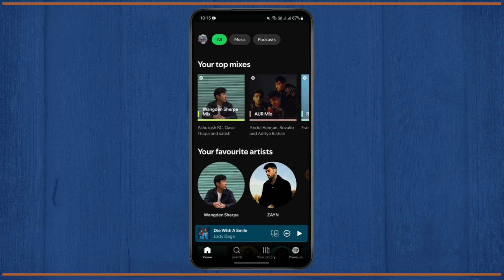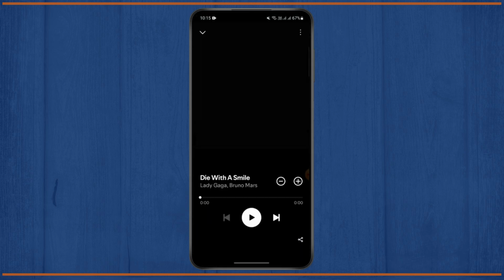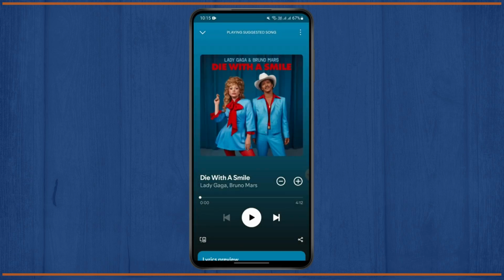So in order to change the speed of a song in Spotify, you may just click on one of the music. Let's say I'm gonna play this music. So here you can see we don't really have the option of changing the Spotify speed of music. So unfortunately, Spotify doesn't have the feature of changing the music speed, but what you can do is look for